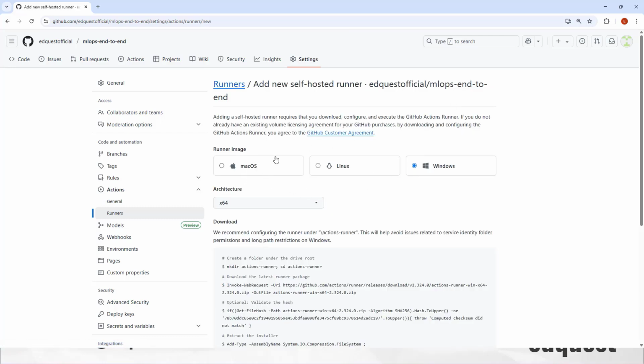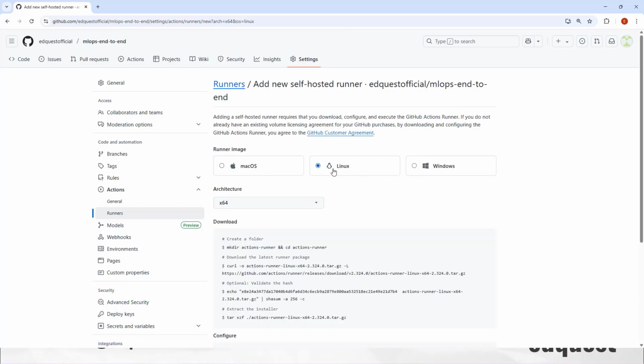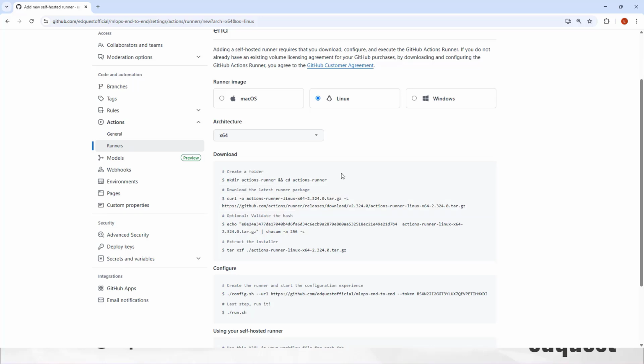Choose your preferred operating system. I will choose the Linux operating system, in which I have deployed one server in my local network. These are the predefined commands to set up the GitHub Actions runner on our local server. The first command is a simple command. It says make an action runner directory and go to that directory. So we will just copy this command, and